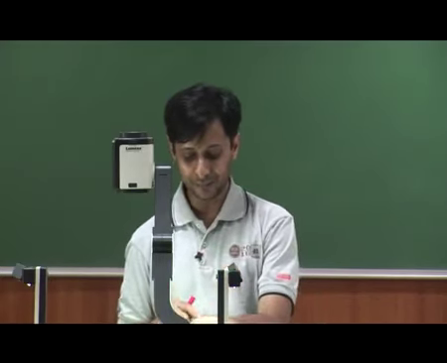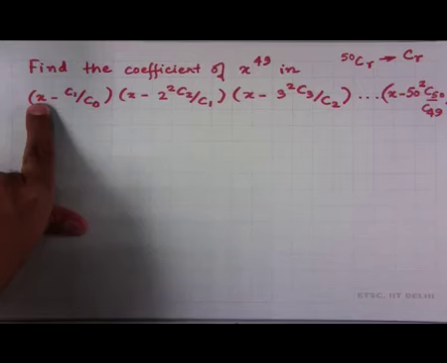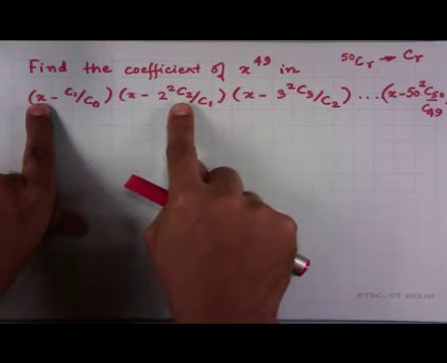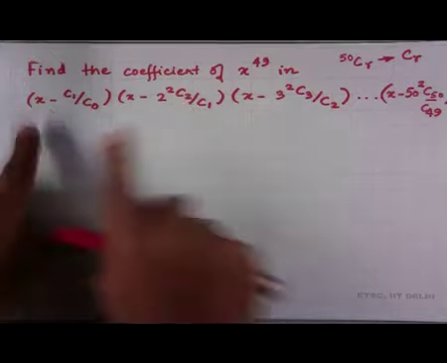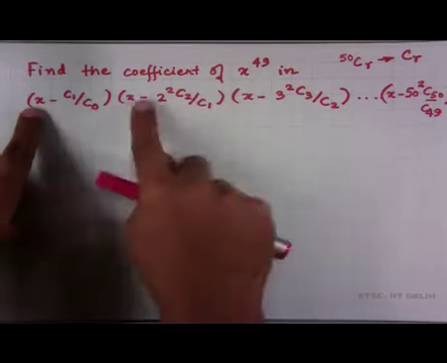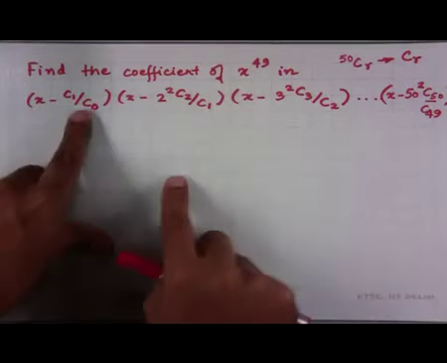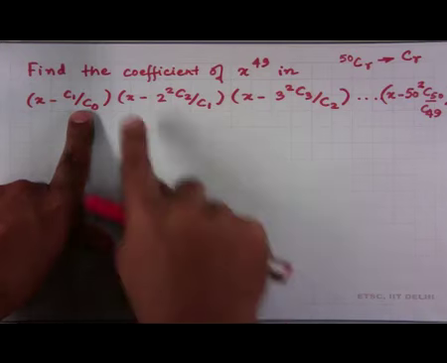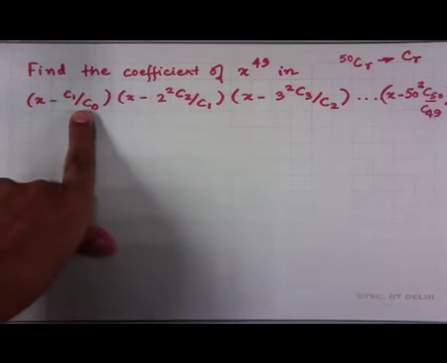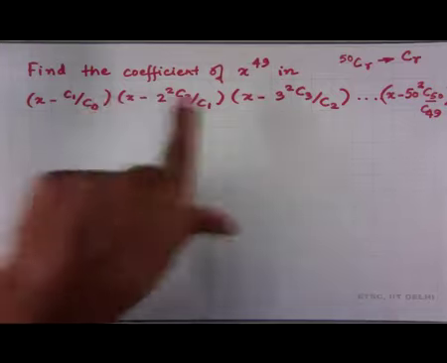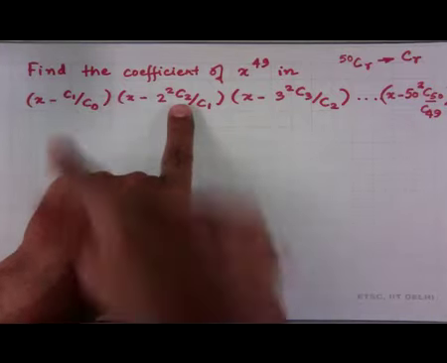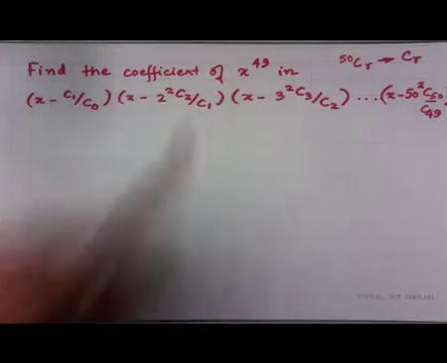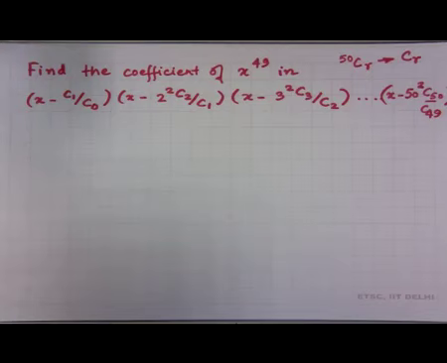If I pick this x, then I have to pick 49 x's. So, if I do not pick this x, then I have to pick x everywhere else, which means that the answer is going to be